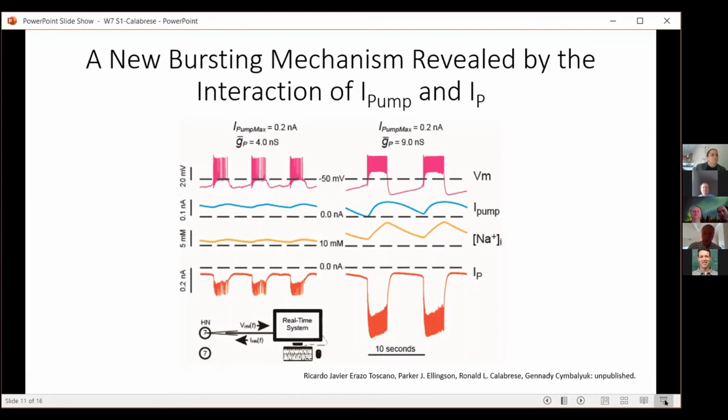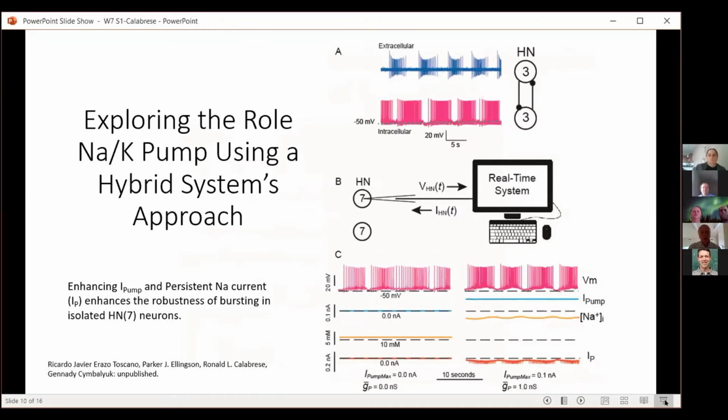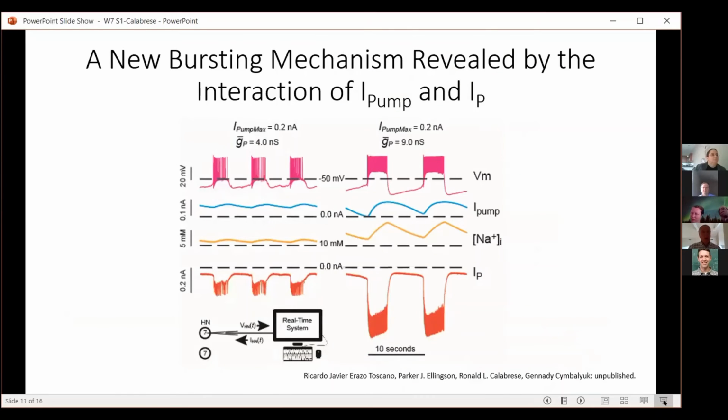So why did we do this? Because the currentscapes told us that the major contributor of sodium is the P current, this persistent sodium current. So we wanted to look at how the pump and persistent sodium would interact with one another. And here you see the bursting that's restored with a GP of 4 nanosiemens and I pump max of 0.2 nanoamps, and then you get much, much stronger bursting as you increase